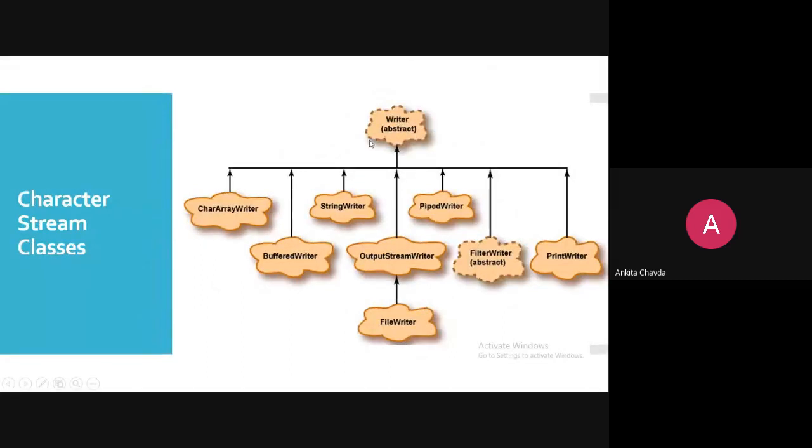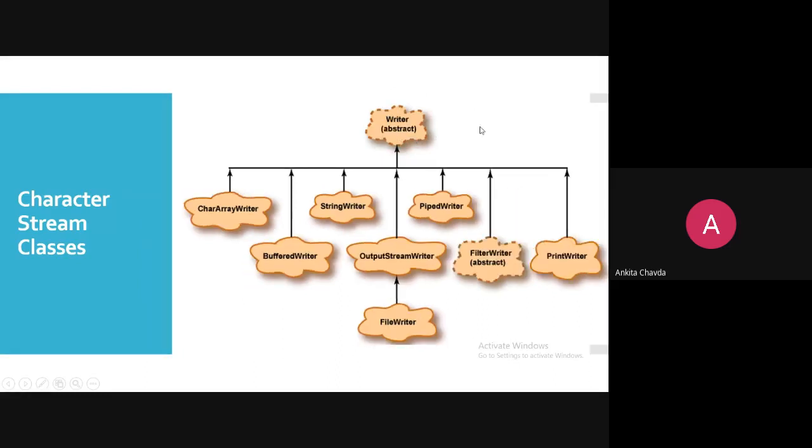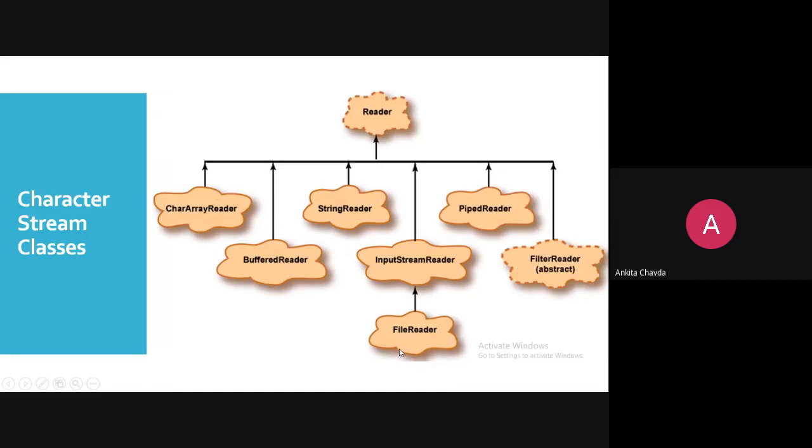Here this is the abstract class, and all these classes are child classes, or you can say subclasses, of this Writer class. In the same way, for the Reader class, all these classes are children of this Reader class. So we are seeing first what is Reader, what is Writer, and then we'll see what is FileWriter and what is FileReader. This is what we are going to do today.